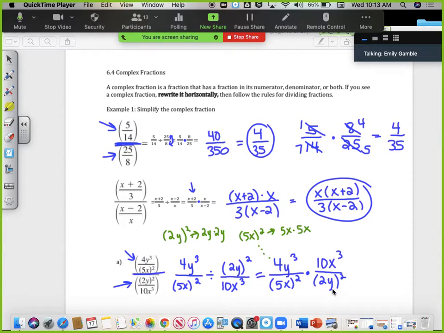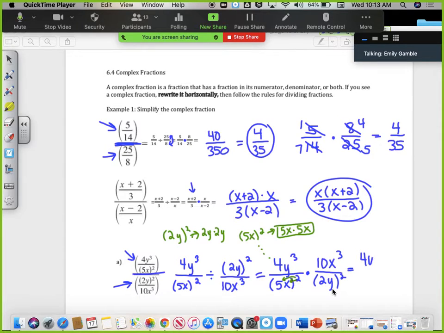We can also simplify it using the exponent rule, which is the product to a power rule, which says you take the outside exponent and you distribute it to everything on the inside, meaning that this turns into 5 squared times x squared. That's what this would end up being anyway. 5 times 5 is 25, 5 squared is 25, and x times x is x squared. So I can actually rewrite this